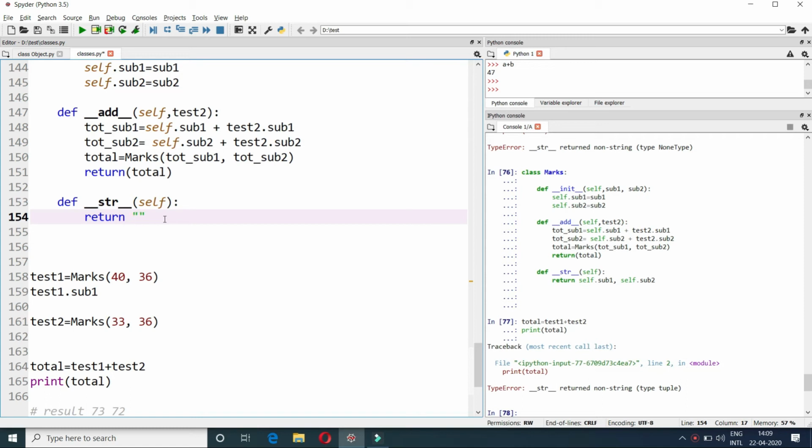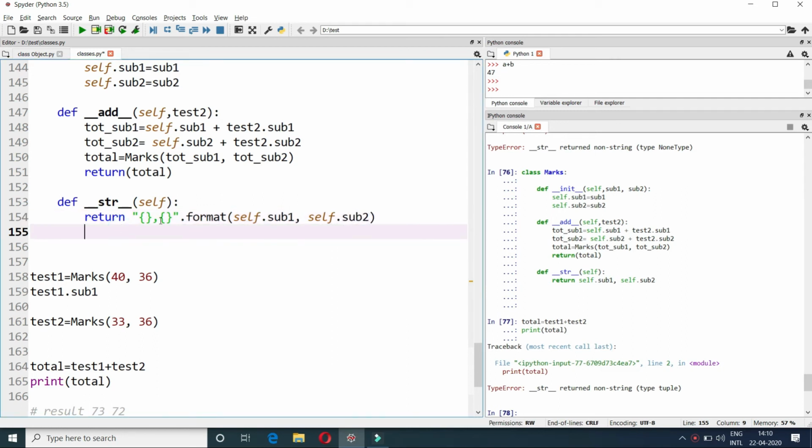So let's begin. I'll be returning a statement, okay, that contains the total marks of subject 1 and total marks of subject 2 in string format, right? So I have got this. I'm sure you might have seen this. These are called the placeholders. Okay, and here is a comma. Okay, and then dot format. And in format, what I'll do is I'll type the marks. Self dot sub 1, comma, self dot sub 2.